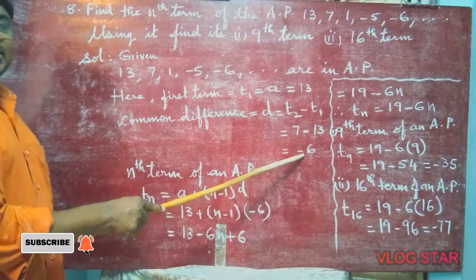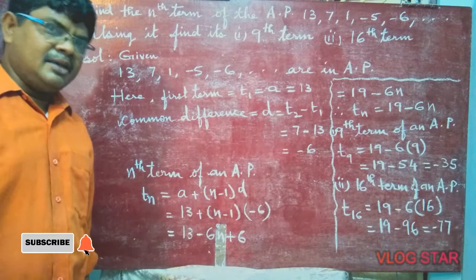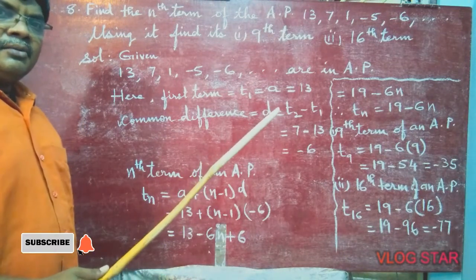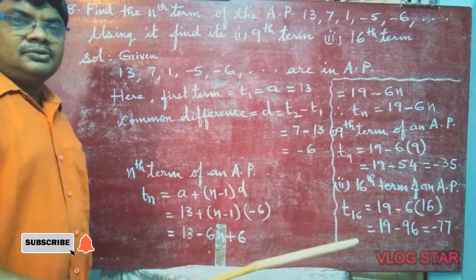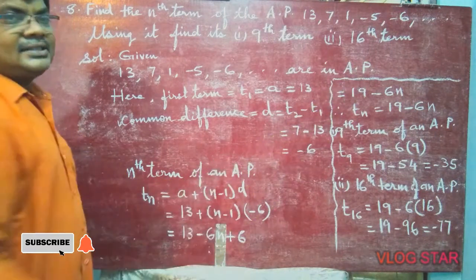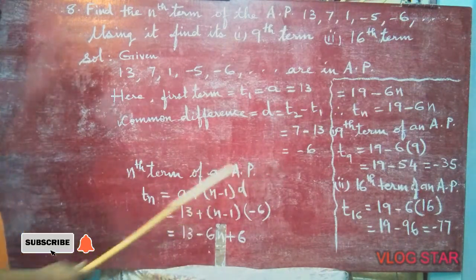Though they told also, once again we are checking whether it is in AP or not. First of all, you should be in AP, then we can do this AP. What is AP? Somebody present, mind absent. You have to be in AP, then we can find this arithmetic progression. Understood? So please use your brain.